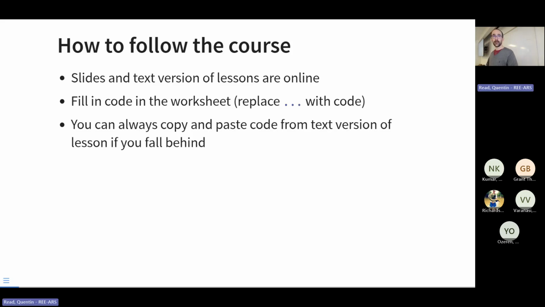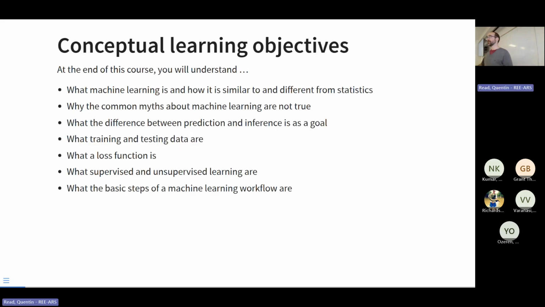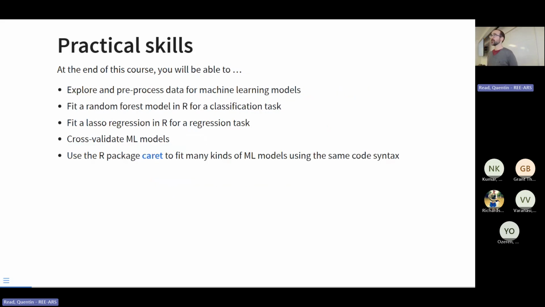Same way as it worked on Tuesday. Learning objectives for today, I've already mentioned a little, but I won't go through them now. But you can refer to them later. We're just going to look at all these things, and in terms of practical skills, obviously this will not make you an expert, but you'll at least have done this. If you make it through the next 3 hours, we're going to be